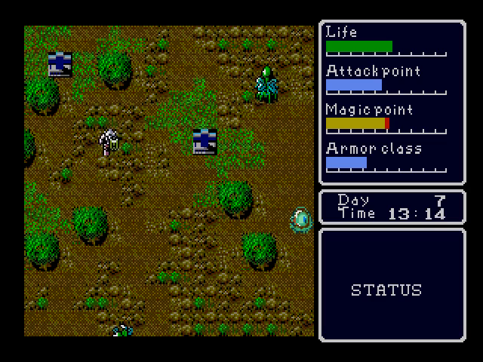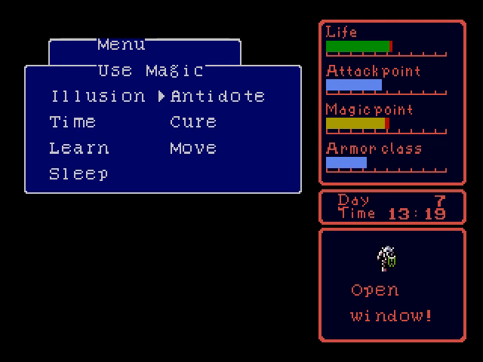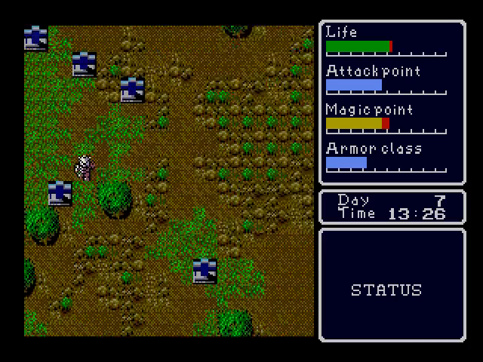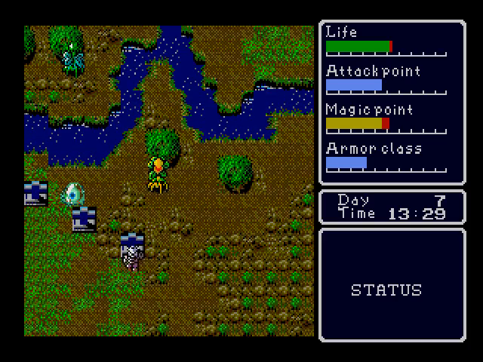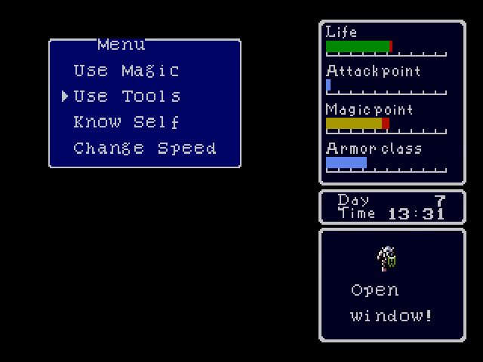But it's in front of one of these. Oops. Oh, I'm poisoned. I can antidote that. I thought it was around here. It's somewhere. I think it might be up, actually. Yeah, it's in front of one of these. Silver sword. Okay, now the silver sword is pretty damn heavy, but if we equip it...